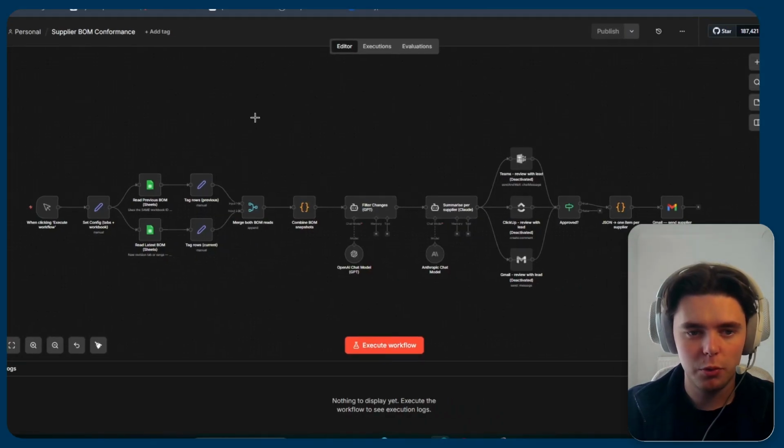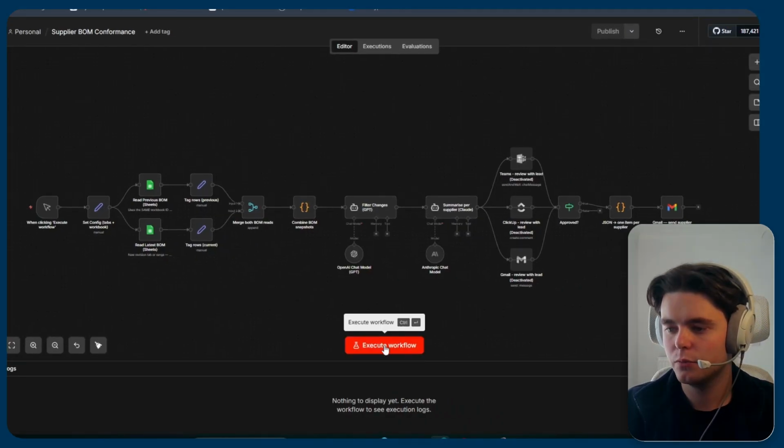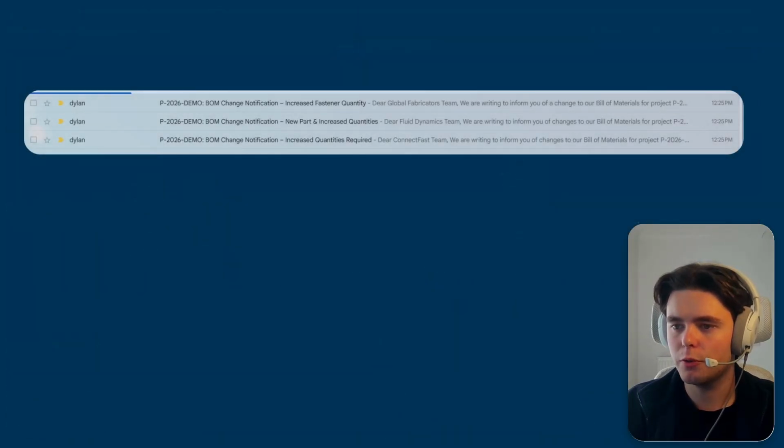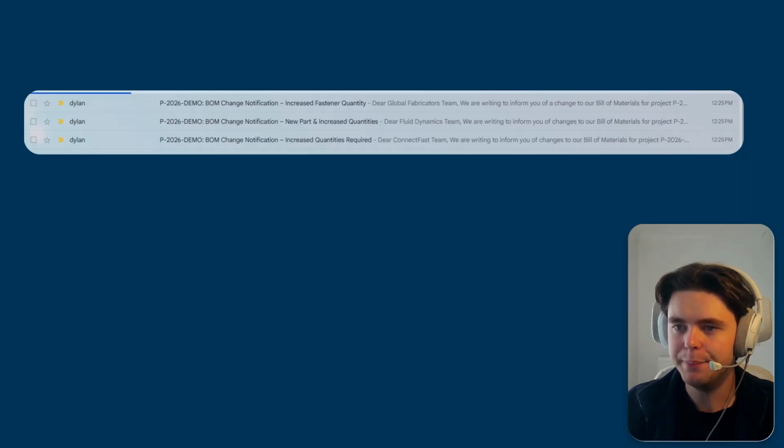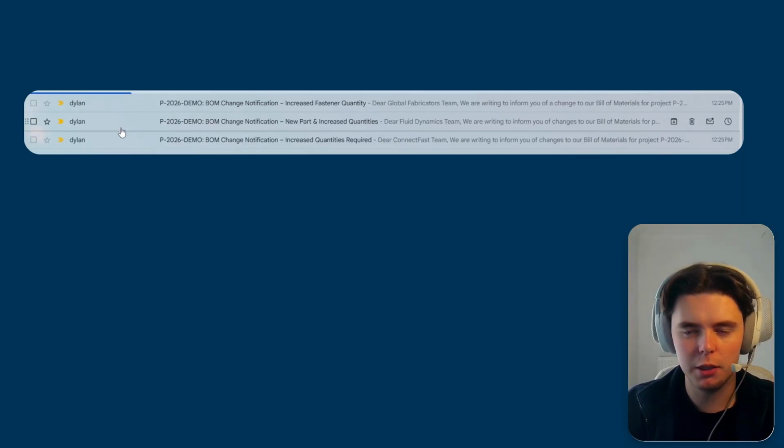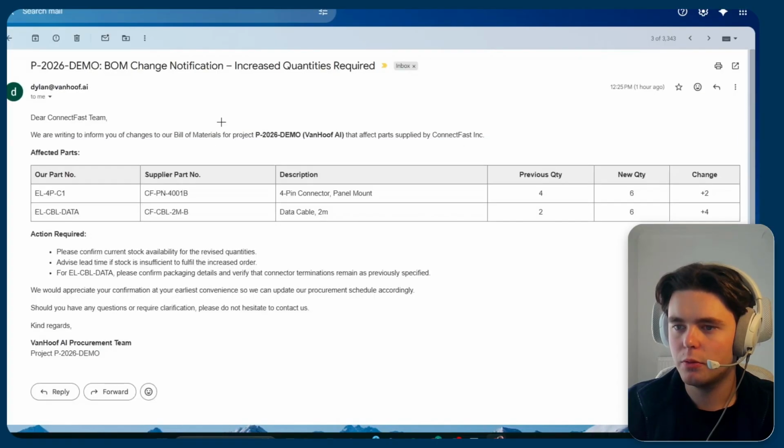So we'll now run this workflow and see what it outputs. The workflow ran successfully. It took about 14 seconds to get through it all. So now I've got 3 emails here, one for each different supplier, to show you. Let's go for the first one. This is the Connect Fast team, and this